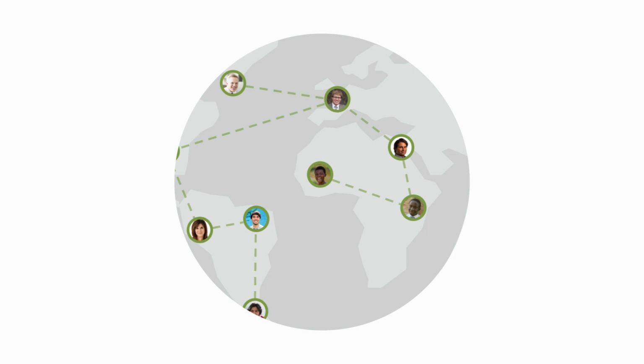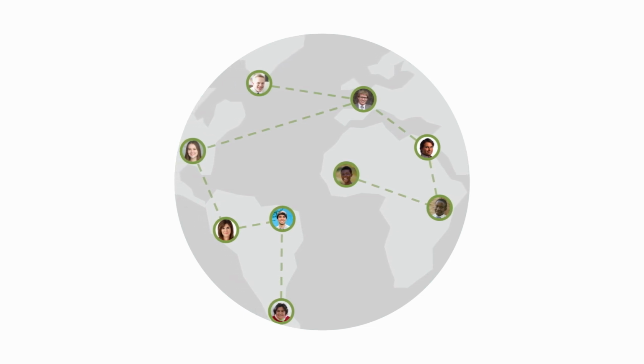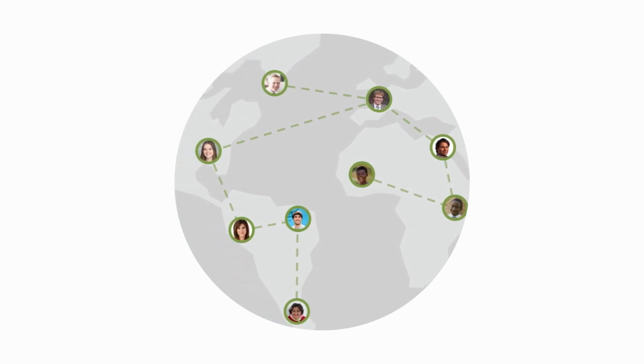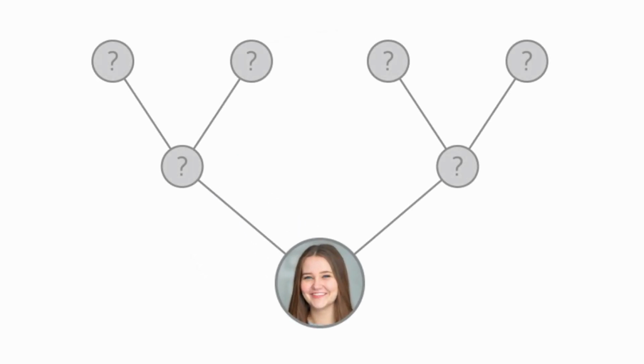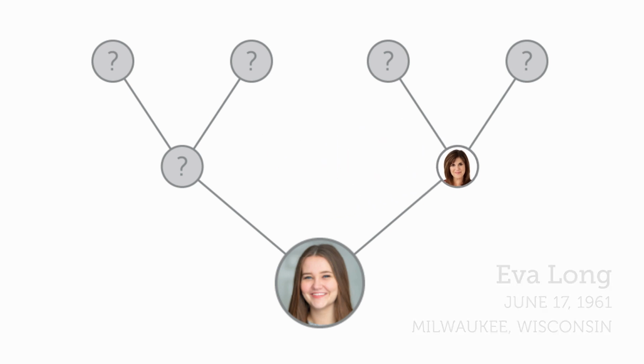In order to see how you're connected to others, you'll just need to tie into FamilySearch's collaborative family tree. It has over 1 billion ancestor profiles and counting, contributed over many years by people around the world just like you. Start by entering information you may already know, the names, dates, and places of your parents, grandparents, and deceased ancestors as far back as you can remember.